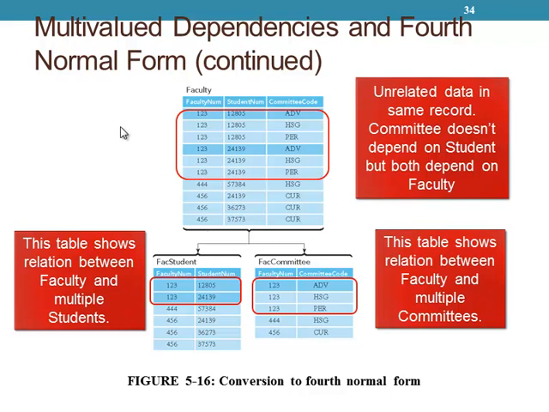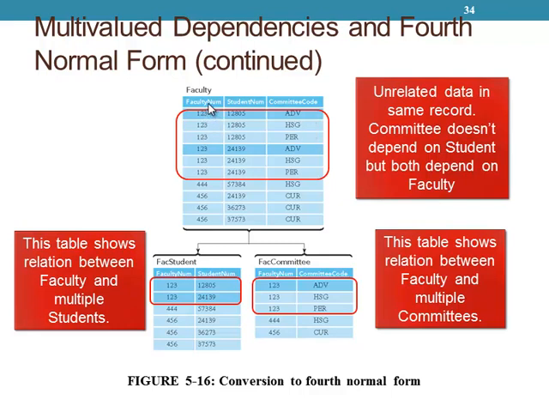Now this is using a college example where you have faculty members and they advise multiple students. Well, that same faculty member might be part of multiple committees, and each of those committees has a code. So if you have a faculty table and it lists what students you have and what committee that faculty member is on, you could have that all in a table.